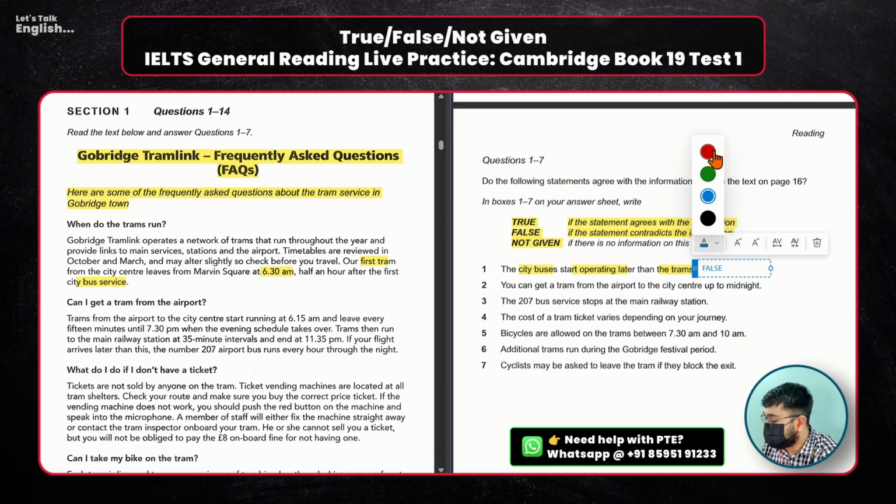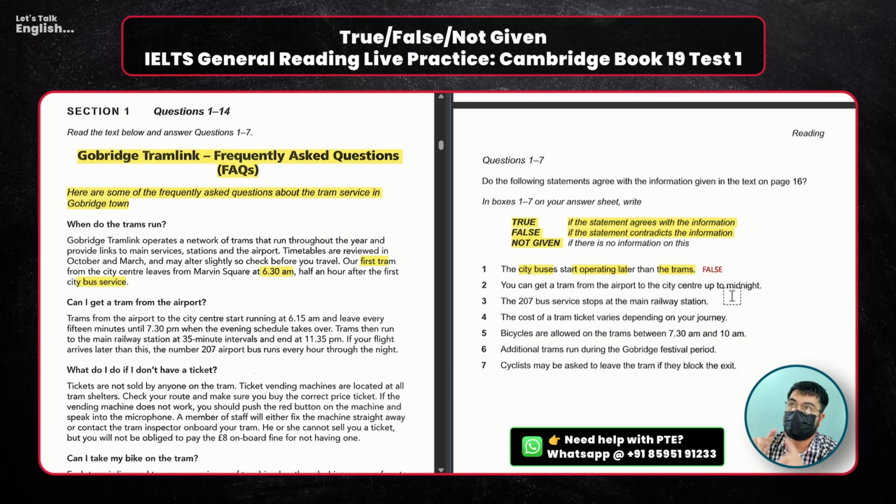So, if you are a paper-based candidate, please understand, write all your answers in the reading and listening test in capital letters. This is not a requirement from any side, but eventually what happens is when you write in small case, you don't write in a very good handwriting. That is why every trainer advises you to go ahead and write in capital letters. First one is done, and let's go to the second one.